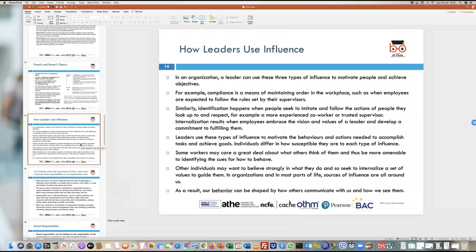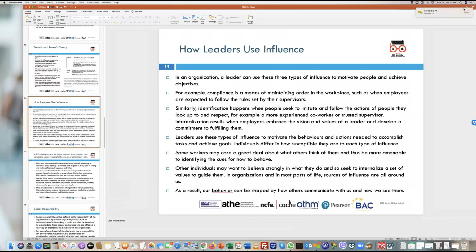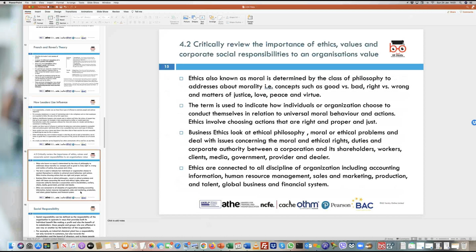Okay, now let's look at some practical examples of when leaders need to look at adhering to corporate social responsibility, ethics, and in general the sustainability aspect of it. Now, one of the things that we referred to in the first slide was the 3 models of ethics. So when you look at ethics in general, sometimes you have to look at